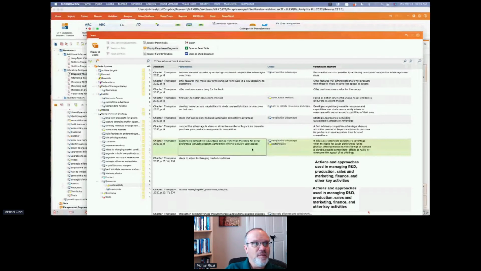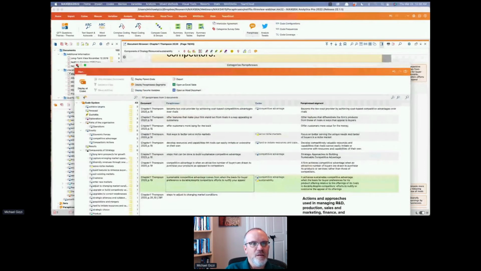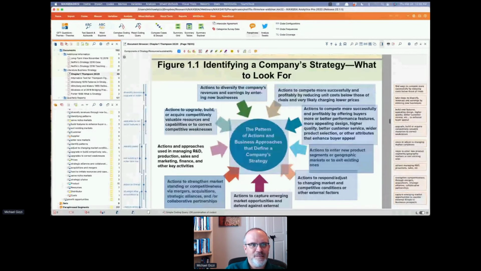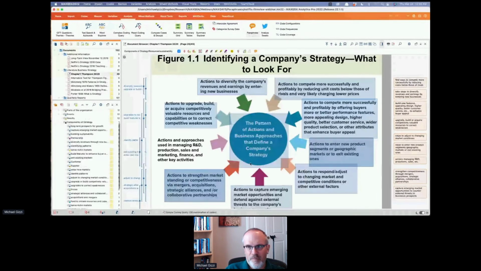So these components of strategy, many of them sort of came out of, you see, when I'm in this tool, by the way, I can't do anything else. So I'm going to close this. I took this graphic, this was a long time ago when I did this, and I paraphrased it, and then I created codes using the categorize paraphrase tool to access that. So paraphrase document, categorize, paraphrase matrix. This leaves us with just one more tool.